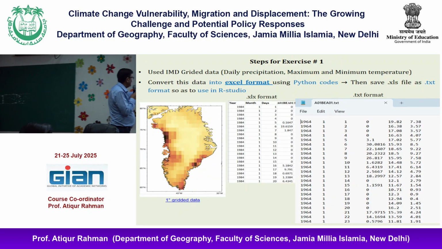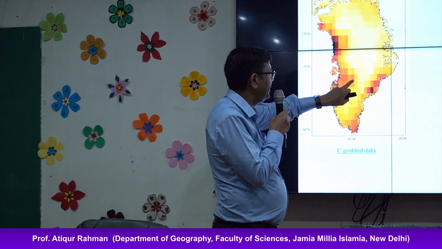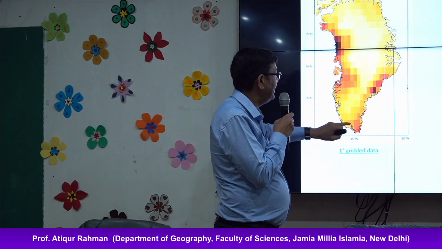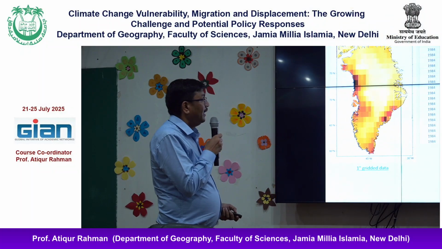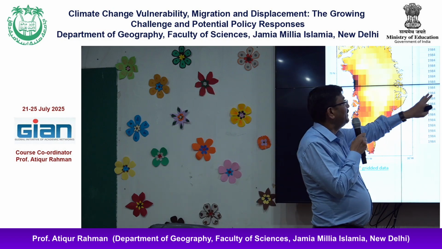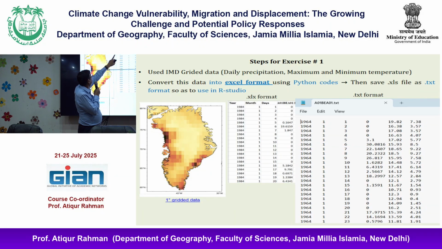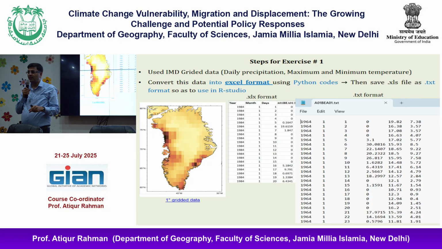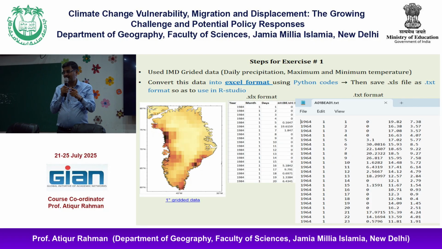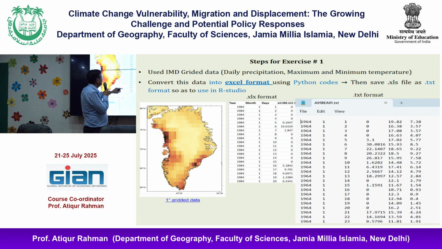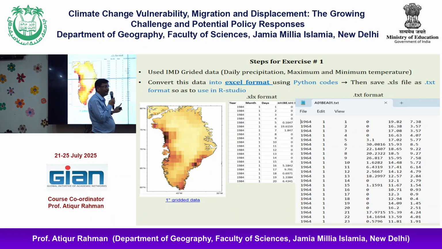So this is graded data. You can see these are the grids, square shape. There are 3 grids here. You can see maybe somewhere 1 grid, 2 grid. Then this grid data has to be converted into XLS format. The .xls format. So you see, this is the year 1984, and it's a very long row. We use this data from 1984 to 2024, daily rainfall data, and this is the month, and this is day 1, 2, 3, 4, 5. This is a screenshot of that.